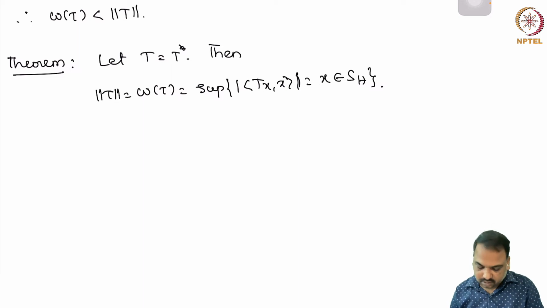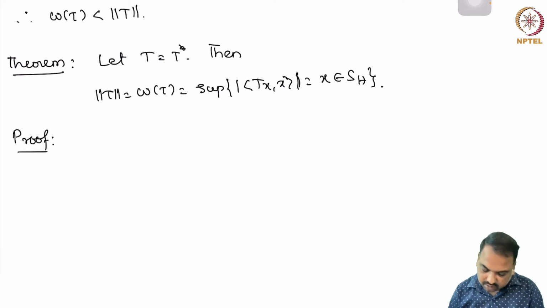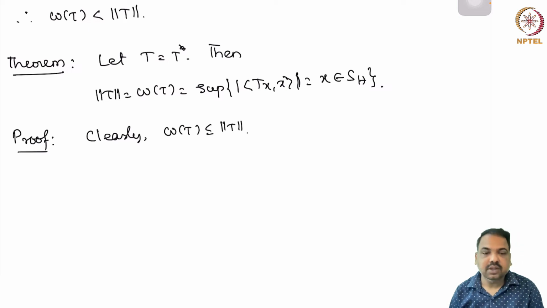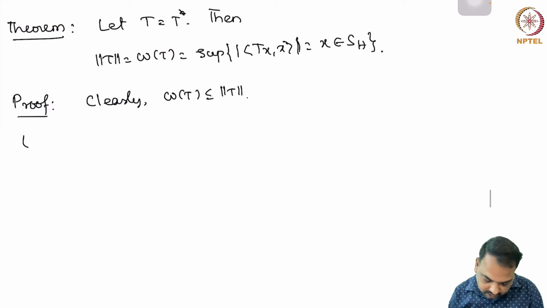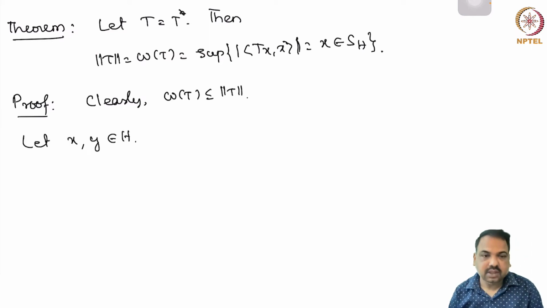Okay. So let us try to look at the proof. So we know that the numerical range is anyway less than or equal to norm T, that we have already observed. Now we want to show the other way. So let us take vectors x, y from the Hilbert space H, then consider